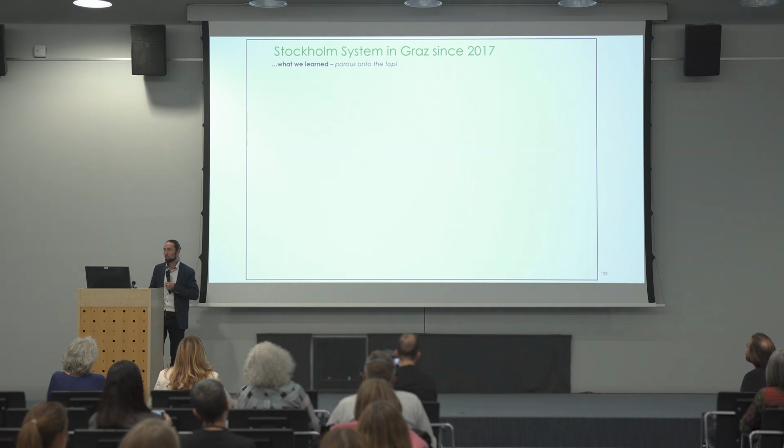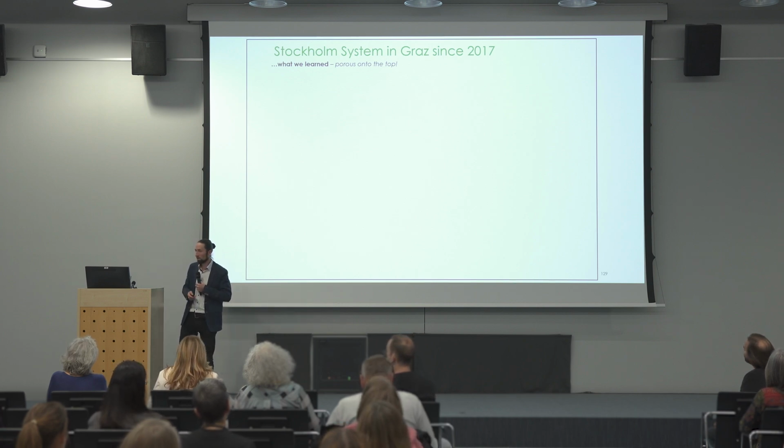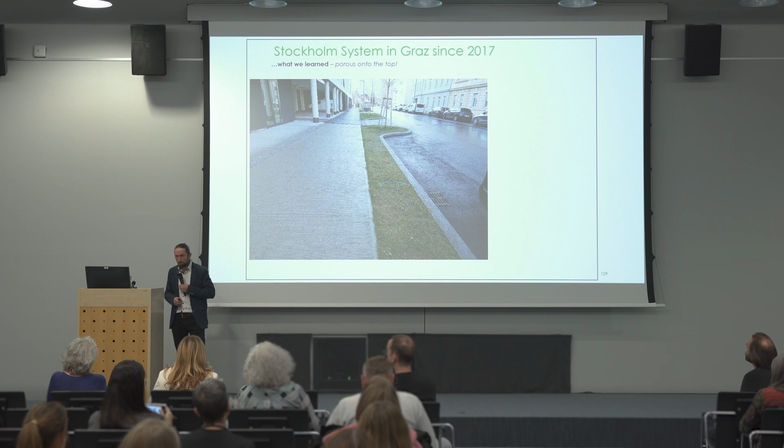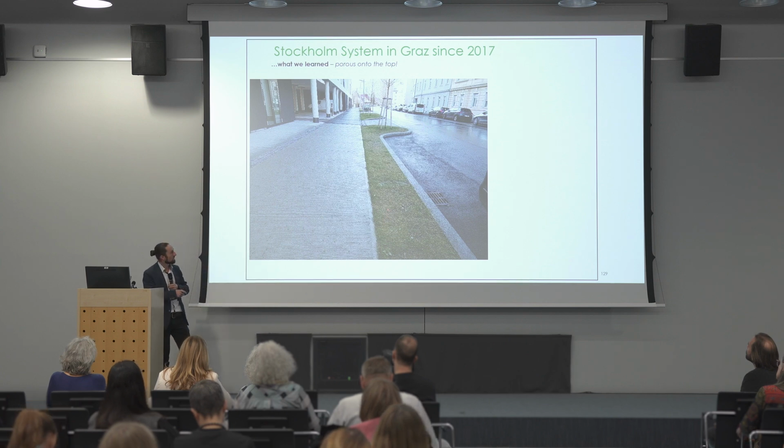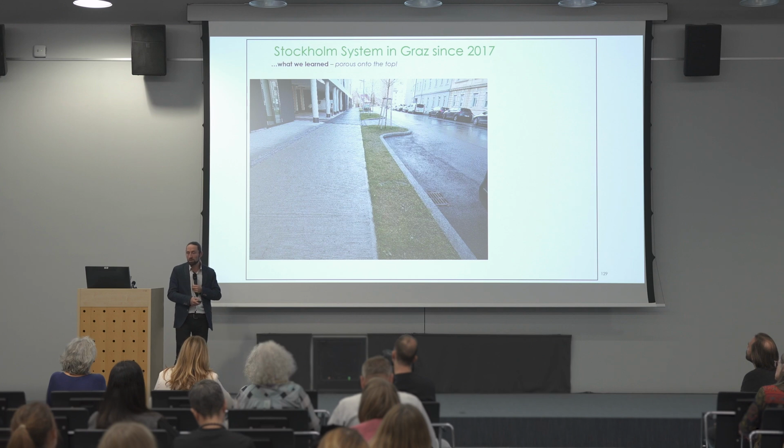So, last one, good. So what we learned from all these examples, what is our idea now? From my point of view, the most important thing is to have enough air and water in the system, meaning also to be porous to the top. It also means not using normal soil where the trees are standing. For example, here we put in some gravel only mixed with a bit of soil. It's called Schotterrasen in Austria, I don't know the English word.